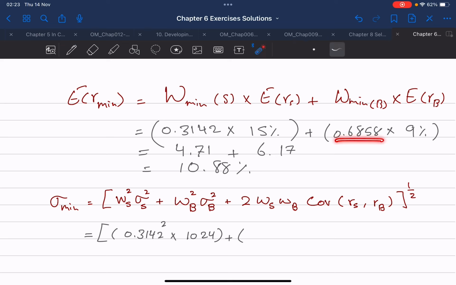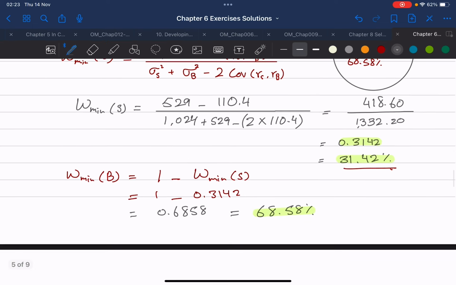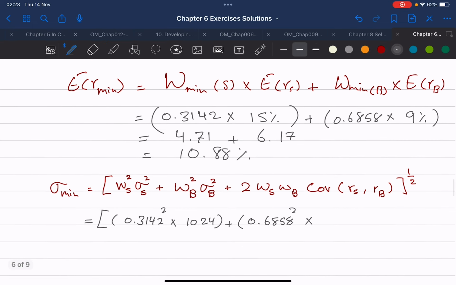I'll just copy it from here, 0.6858 squared multiplied by 529. I'm not going to square it again because we already did that, so I'm just taking the squared number from our covariance matrix right away. All right,